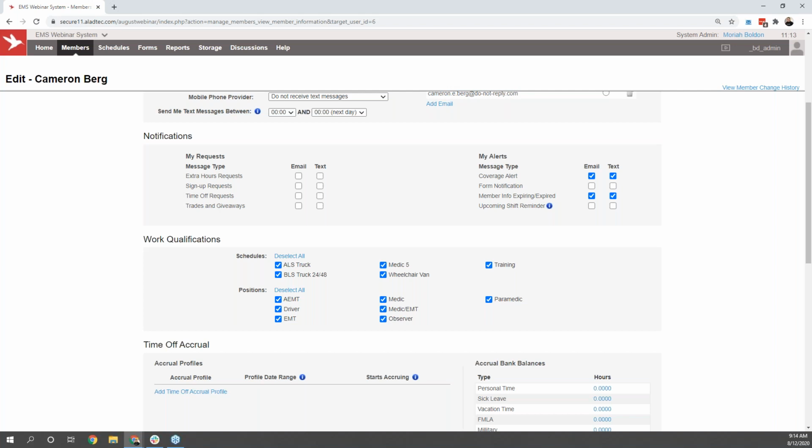These work qualifications are how you can define who's allowed to work which positions and which schedules at your organization. As we see here, Cameron has full permission to work on all schedules and is able to fill all positions underneath those schedules as well. If we were to, for example, uncheck this paramedic position, Cameron is not going to be able to be put into any paramedic positions on the schedule on accident or on purpose